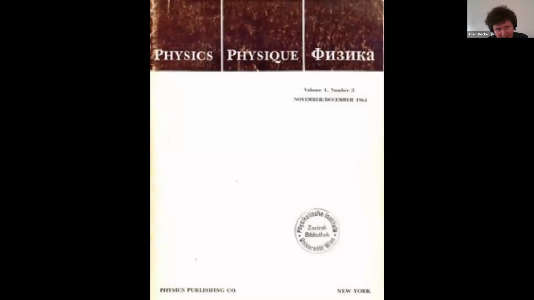Physics Physique Physica goes out of print within a couple of years. It very quickly stops being what its co-founders envisioned it as being, and sort of becomes a solid state physics journal, and then just goes out of print entirely due to problems between the editors and the publishing house that they were working with. And so, by the end of the 60s, or actually before then, I believe it went out of print in 1968.